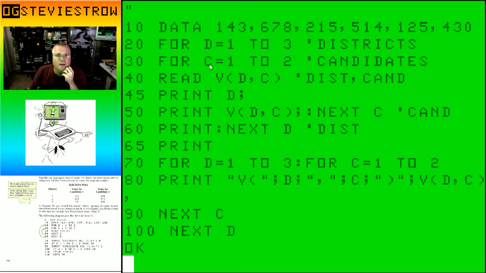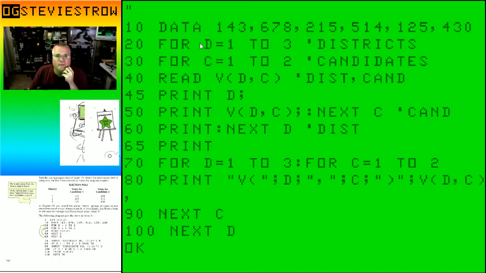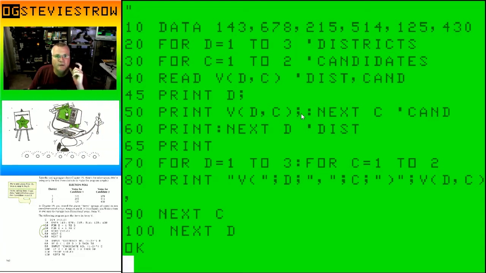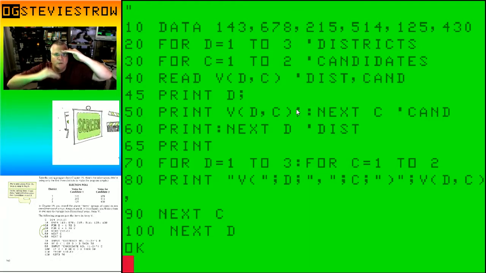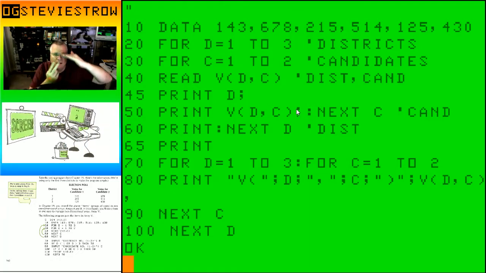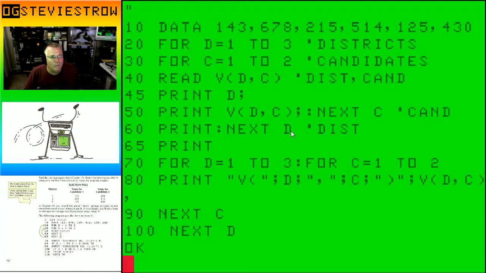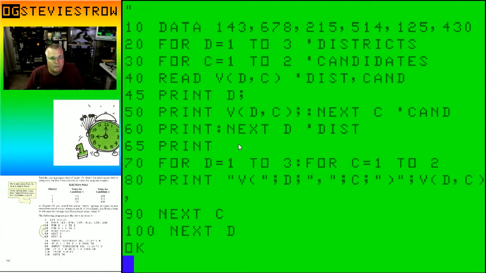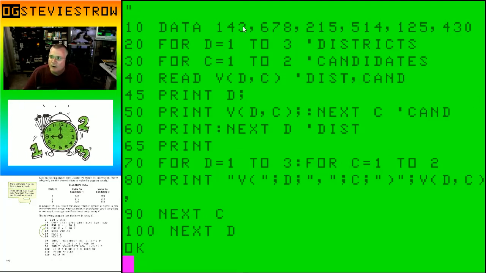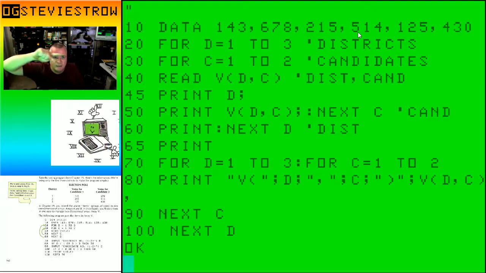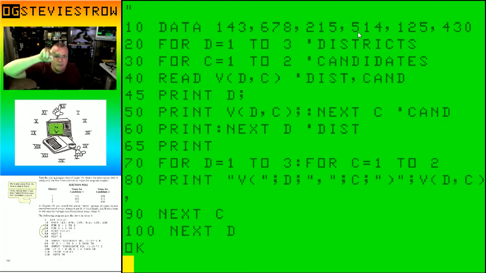So the C loop will complete inside the D loop. So this is what's known as a nested loop. So we're going to do the D loop 3 times, and inside that we're going to do the C loop 2 times. So you're going to get 2 candidates for each district, and it's going to read in the numbers, and then I'm just going to display them on the screen. And what we should see is that this is going to match the table from the book, because we're taking all of these numbers here, which are now just written across the screen from left to right, and we're basically reading them into 2 columns